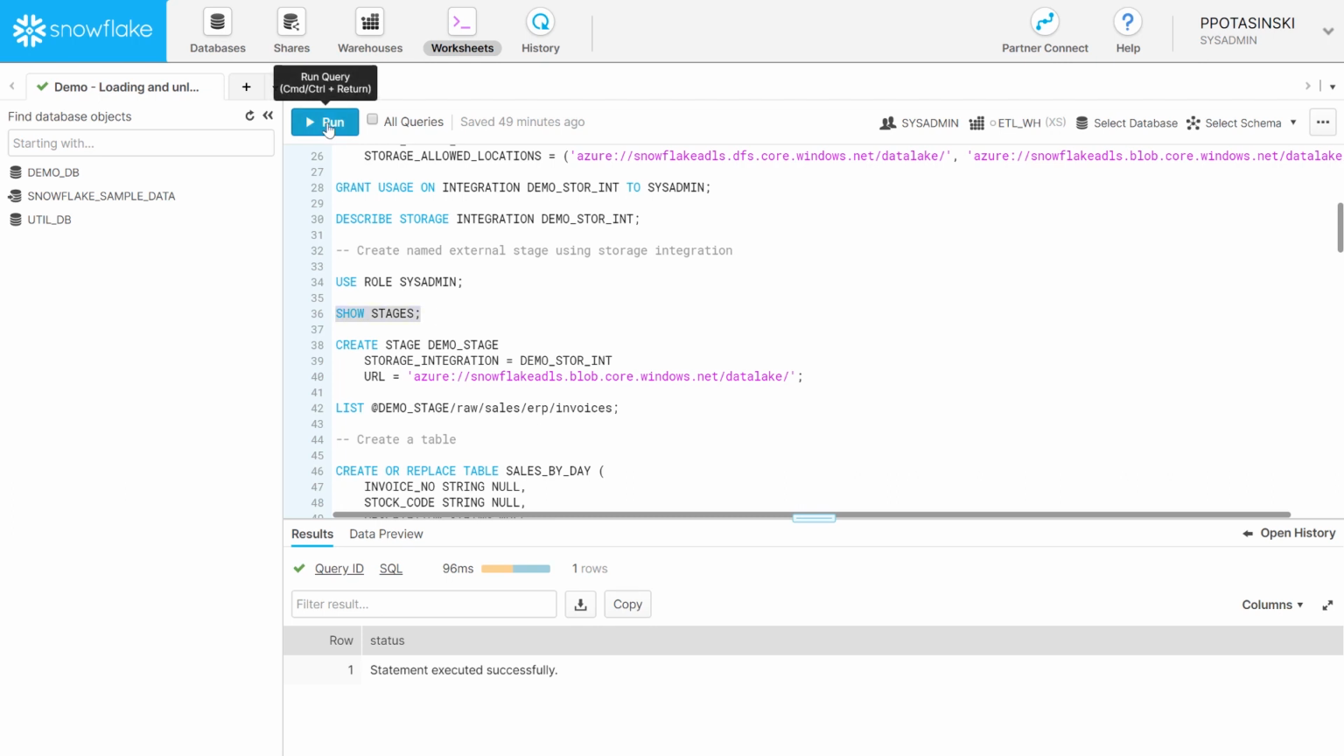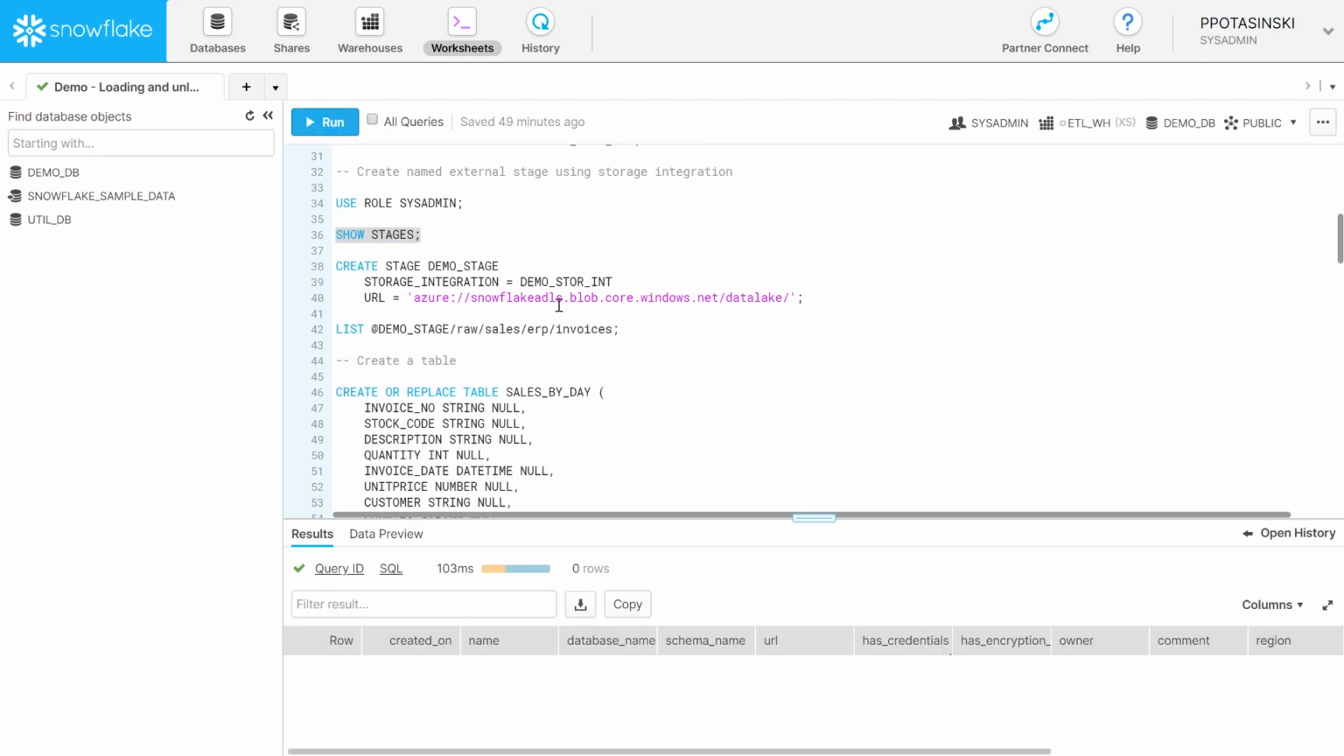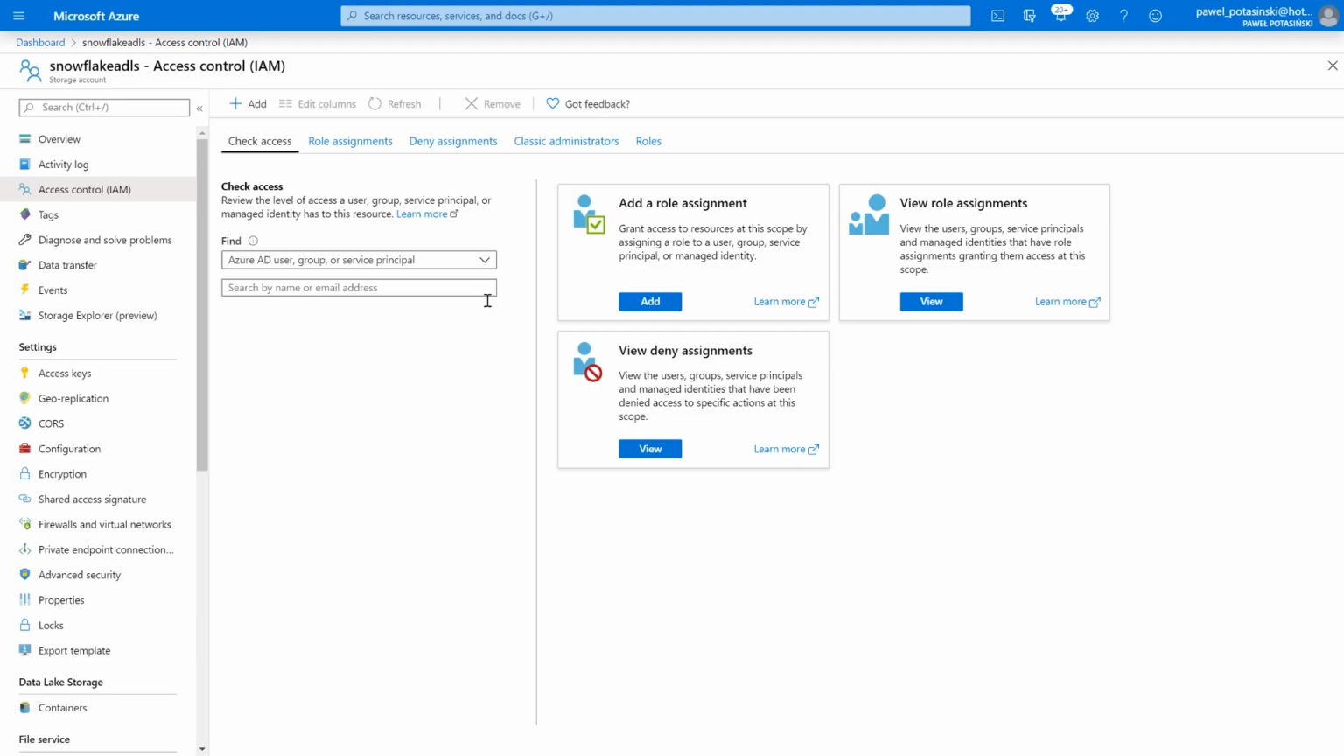Let's make sure that I have no stages in my database, and let's create one. So I'm taking my data lake URL. Now be careful, because as of now, Snowflake does not support the data lake storage generation 2 native interface. You have to use the blob storage API. So basically, if you want to grab this URL, you need to go to your data lake storage account in the Azure portal, look for the properties,